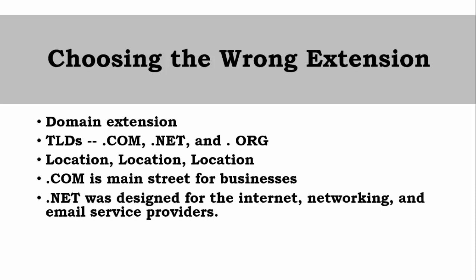The .io is actually a country name extension that the tech industry has adopted as a default standard, it appears. Now, .net was designed for internet networking and email service providers, but it hasn't really turned out this way. A lot of these are still getting the .com extension, and then some people use the .net for their email service for their company, and I've done that myself. I've also used it for small blogs when the .com wasn't available.